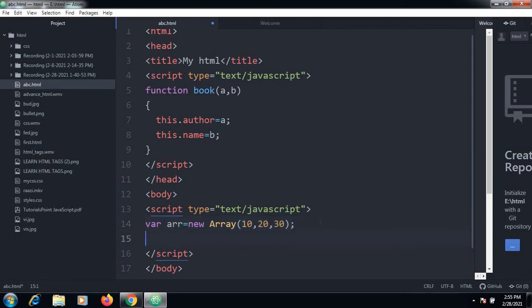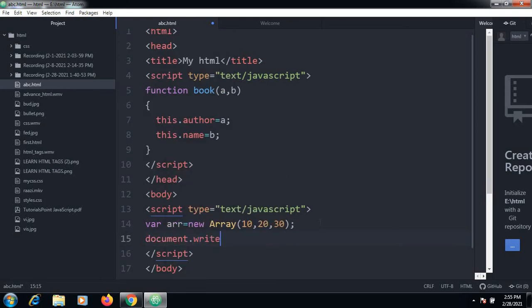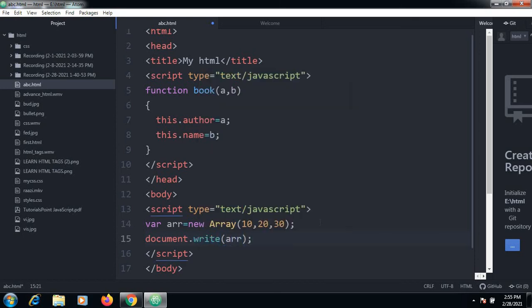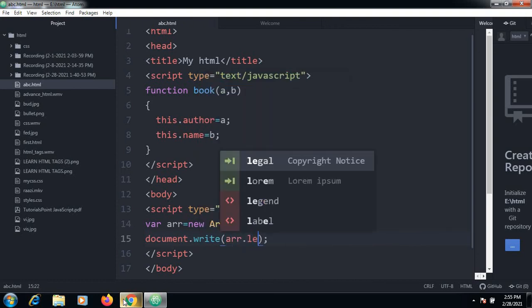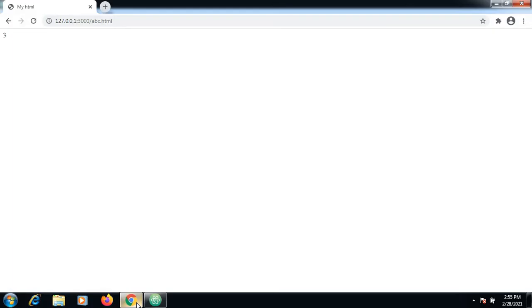Now I want to display the elements of the array. So this is the array object, and these are the values here, and I want to display the values. So just save this and try to display it. So we'll display the values. Now I want to find the length of this. So how to do this? Length. So I try to define the length. So the length of this array is 3 objects.